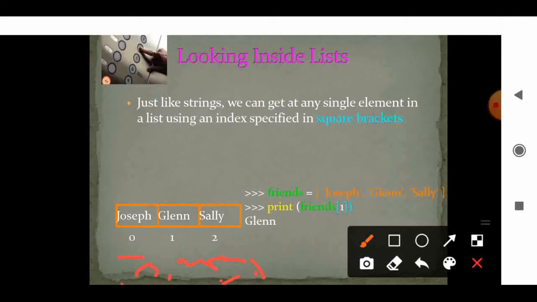So just like a string, we can get any single element in a list using an index specified in square brackets. For example, friends equal to Joseph, Helen, Sally. There are three elements in the variable friends. Print friends[1]. The index value 1 is Helen, so it will print the result.